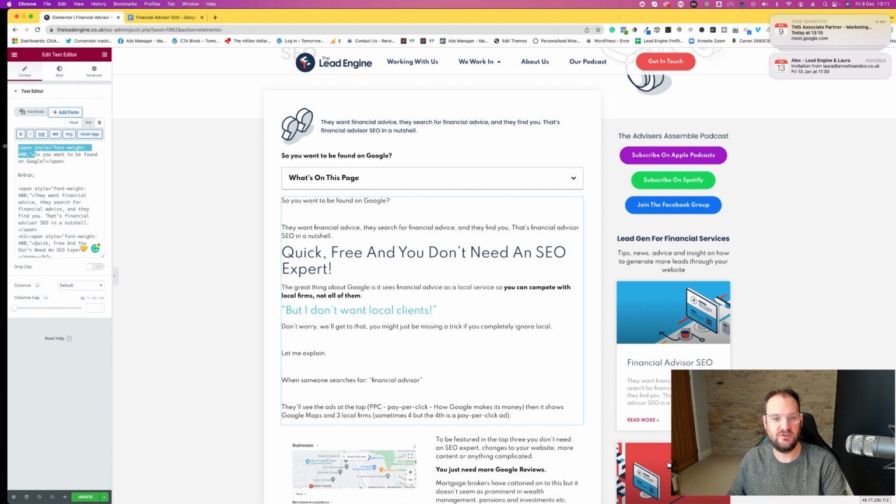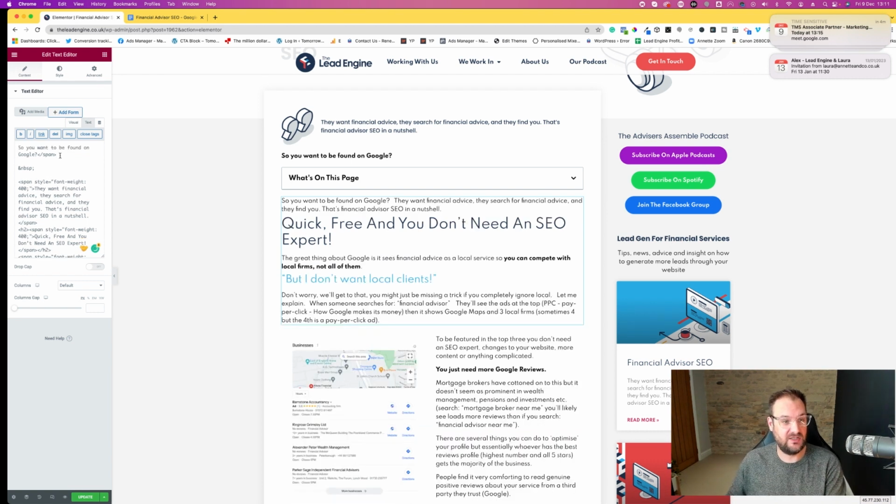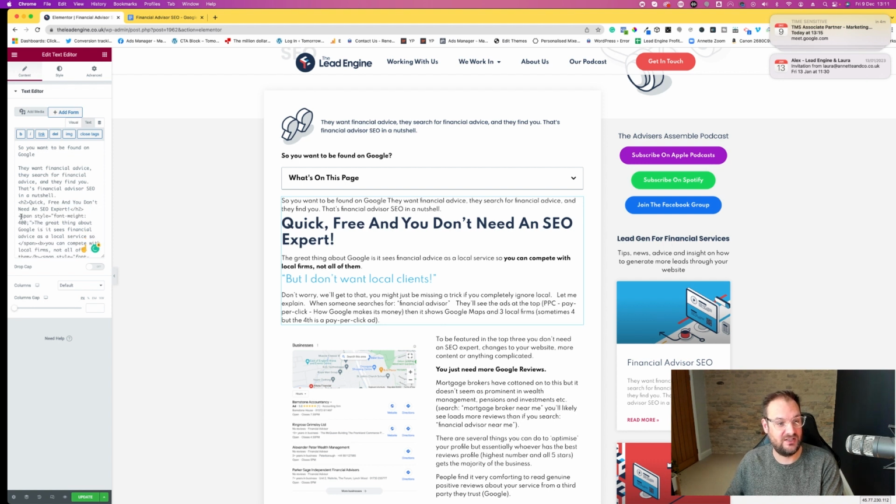I don't need that. I want to use the text formatting that I've set in my website that's the same across everything else. I don't want to specify different font weights and things. So basically, I'm just going to clean up this code by pulling out everything that's inefficient here. What it does save you time with, it does actually bring the heading code across for you, but I've told my website that I want my heading 2s to be of a certain font weight. I don't want to change that, so it is a little bit of a process of just tidying up some